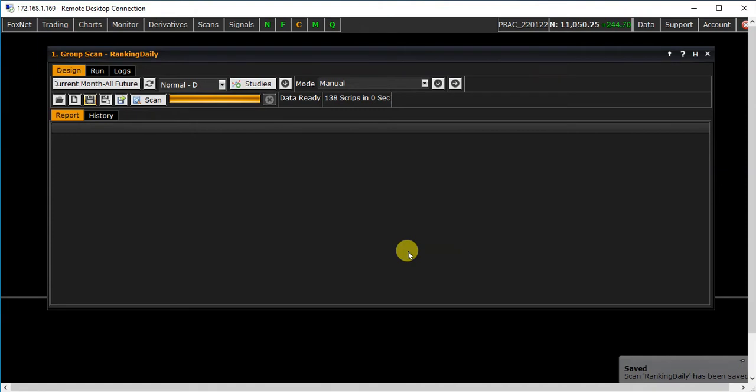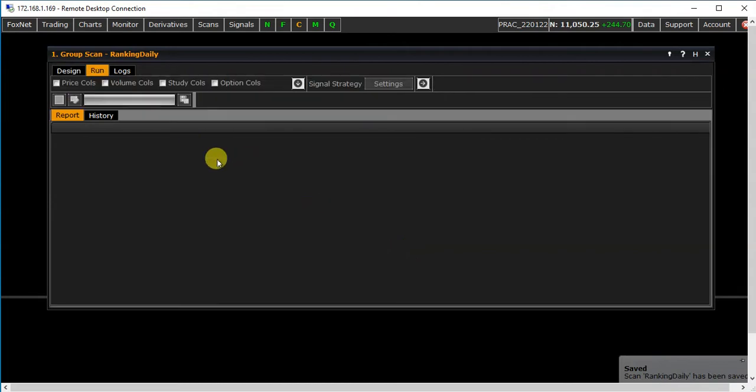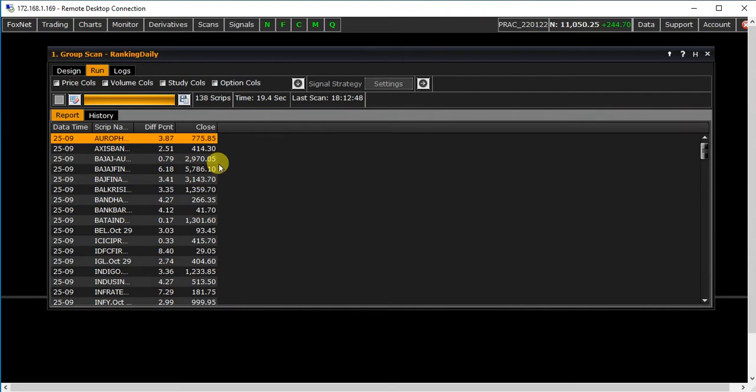Now when you will create the scanner for the first time for ranking, you have to scan it, and after scanning we have to do the column setting. Just let it complete, I will tell you. So it has scanned.